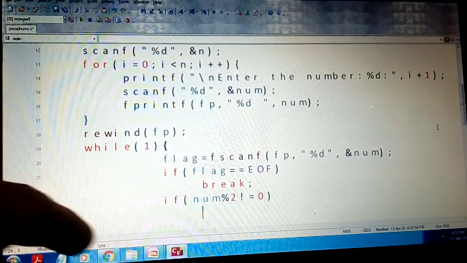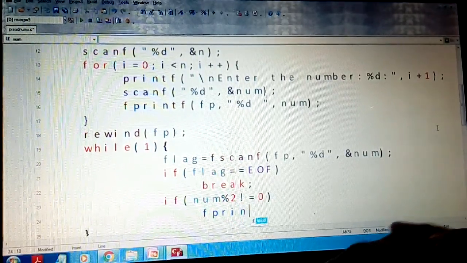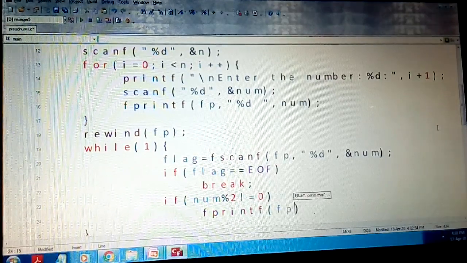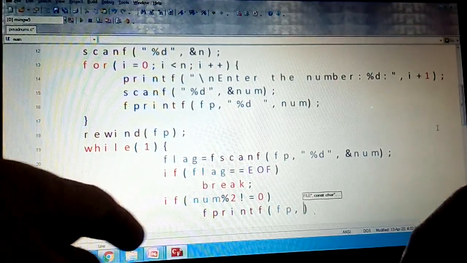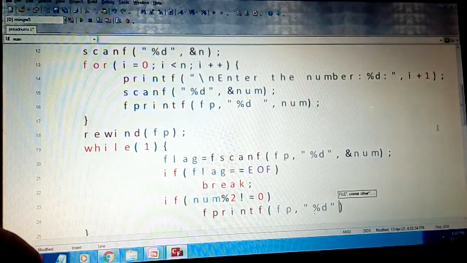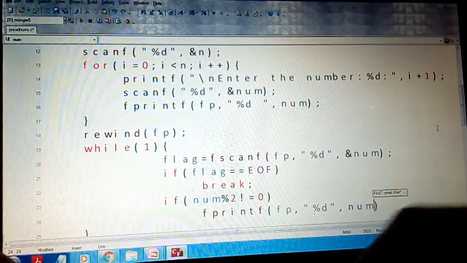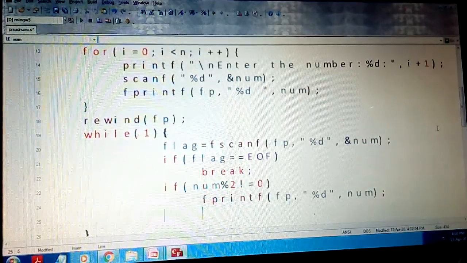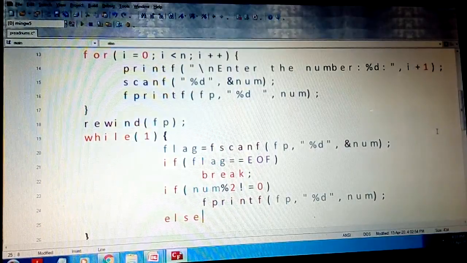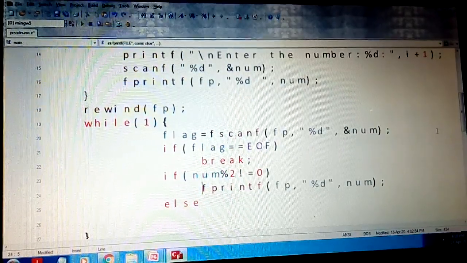So again, it's very simple. So fprintf, now you need to transfer it to the odd file, or otherwise it would be an even number. So you can just say %d, comma num, and on the same lines you can say else it is an even number, transfer it to the even file.